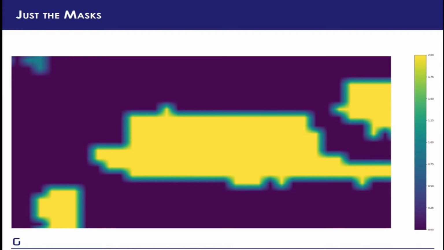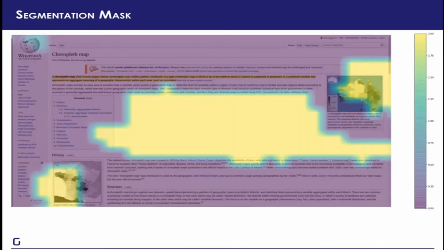And when you overlay the original web page on this heat map, this is what we see. We can see that it has identified that there is something to the top left corner. It's the Wikipedia logo, but our model thinks that it's a donut chart. It has identified 2 maps in the image, the map of Australia, you can see that it has a higher attention here, and a map of France, which also has a higher attention here.